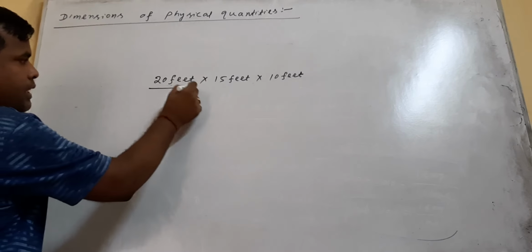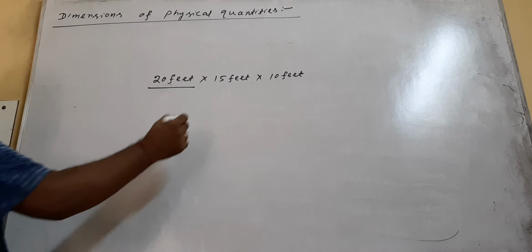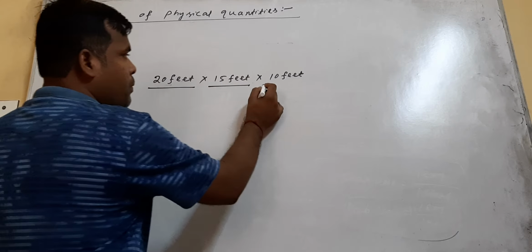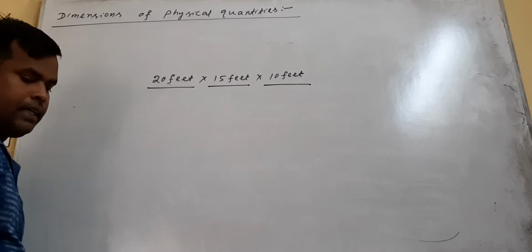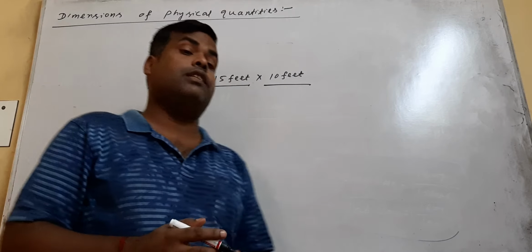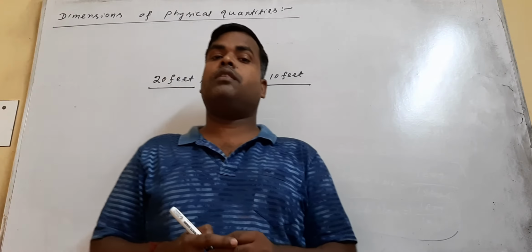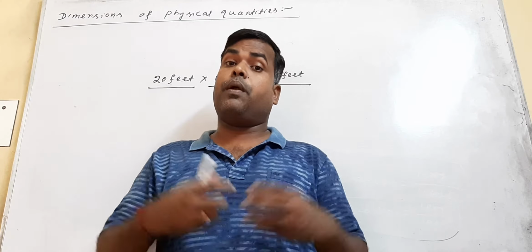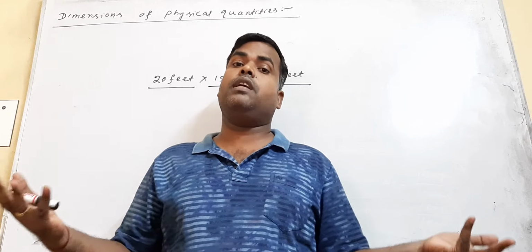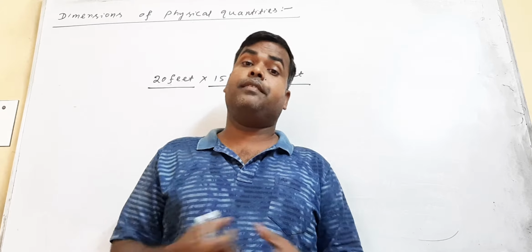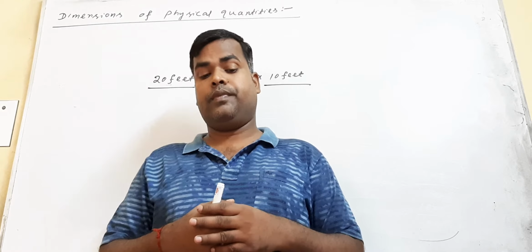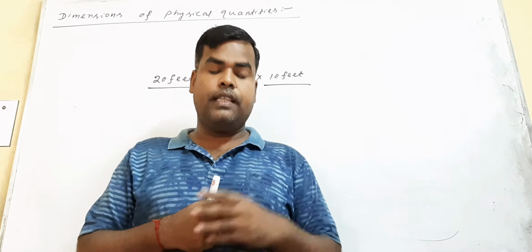That means the length of the room is 20 feet, the breadth of the room is 15 feet, and the height of the room is 10 feet. That means from the dimension, without seeing this room, we can have proper knowledge about the room. What is the length, what is the breadth, what is the height of the room. Now, in the same way,